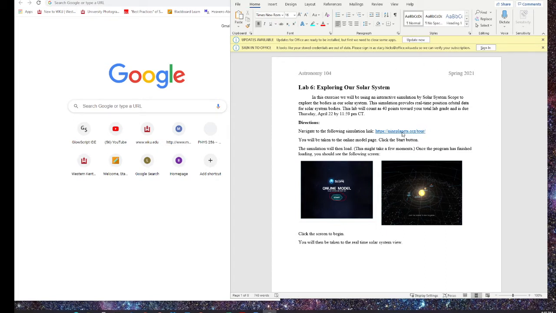So the name of this website is nineplanets.org, and they have a very interactive simulation that allows you to walk through and fly to different objects in the solar system, whether that be planets or moons or comets. And so I've included a link here